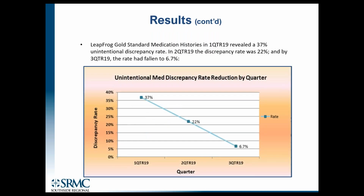And then here's the Leapfrog data. As mentioned, initially we were at a 43% unintentional discrepancy rate. That was sometime in 2018, probably the fall of 2018. By January, we were at 37%, and right around the time that the Med History Tech program was implemented, we began to see a decline. And you can see by third quarter, we were down to only 6.7%